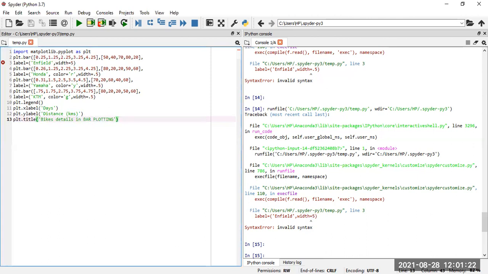I think it's okay, then why is it showing that? It says compile file, read name, file name, execution namespace.